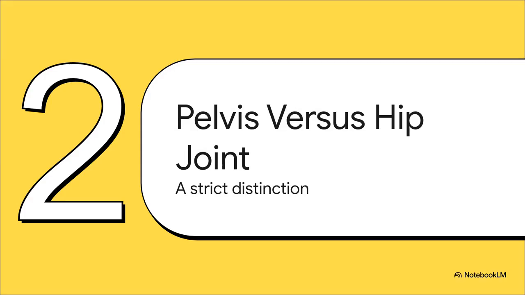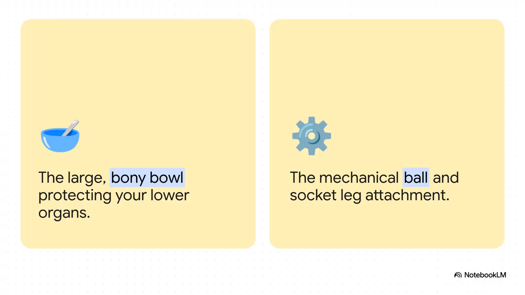Section 2. Pelvis versus hip joint. Now, before we even look at a single CPT code, we have to make a very strict anatomical distinction. In plain English, think of the pelvis as a large bony bowl. Its job is to protect your lower organs and anchor your core. The hip joint, on the other hand, is specifically that mechanical ball and socket right where your leg actually attaches